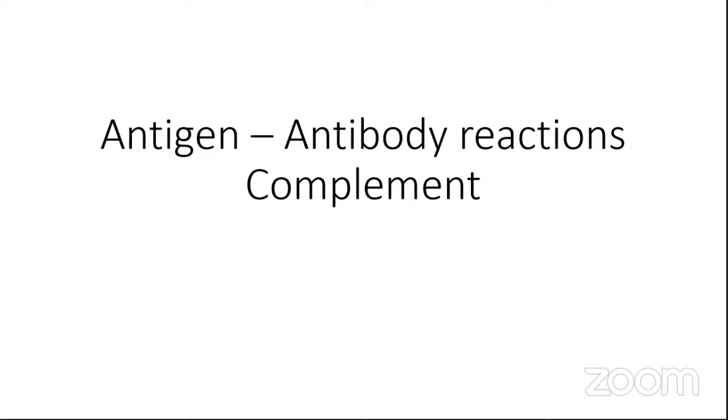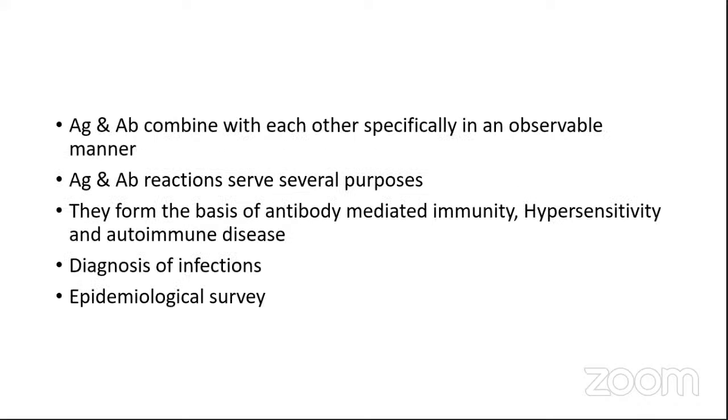These antigen and antibody reactions are useful in many ways, especially in diagnosis. The main component of this antigen antibody reaction is that they combine with each other specifically and in an observable manner. These two are the salient features of an antigen antibody reaction. Specific to the antigen, the antibody will be produced and it will be in an observable manner. Why observable manner? It should be visualized by naked eye, which can be used especially in the laboratory for